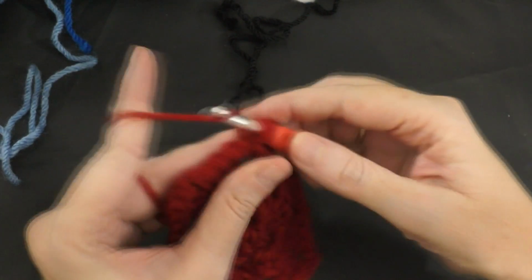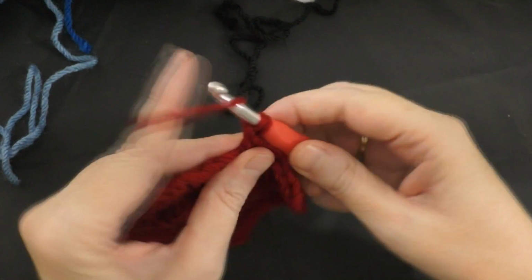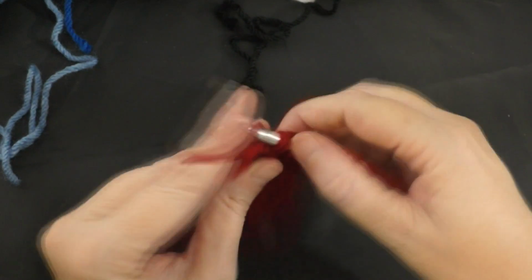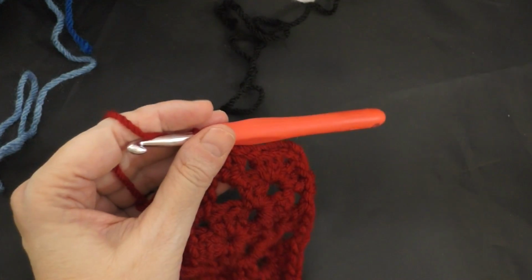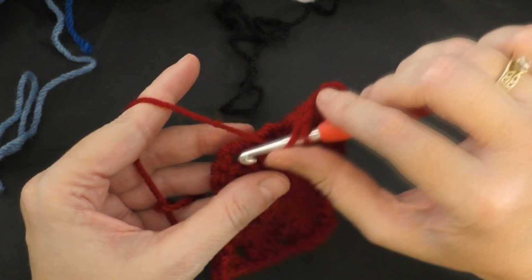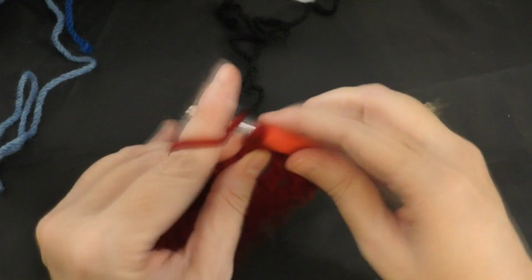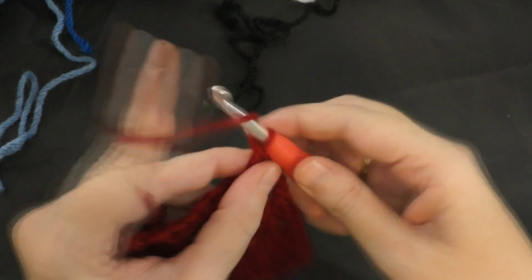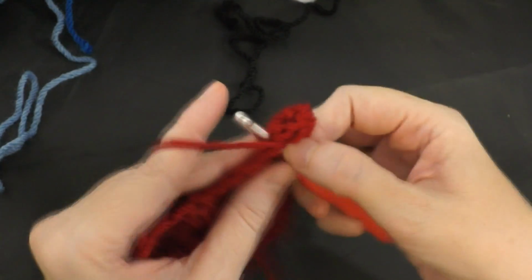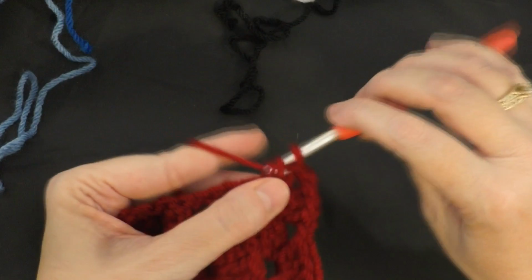So 1, 2, 3. Okay, chain 1, and now we're at a corner. So 3 double crochets, 1, 2, 3, and then chain 2, 1, 2, and then 3 more. So 1, 2,